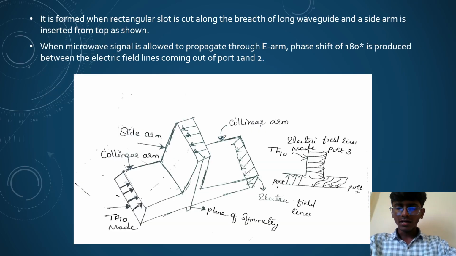It is formed when a rectangular slot is cut along the breadth of a waveguide and a side arm is inserted from the top, as shown. When a microwave signal is allowed to propagate through the E arm, a phase shift of 180 degrees is produced between the electric field lines coming out of port 1 and port 2. You can see the diagram of